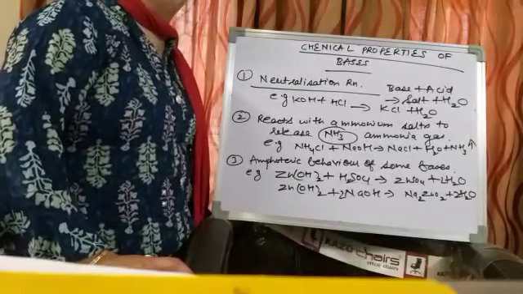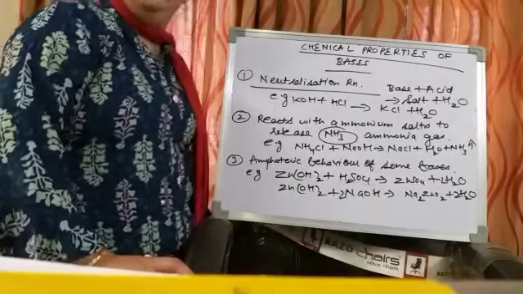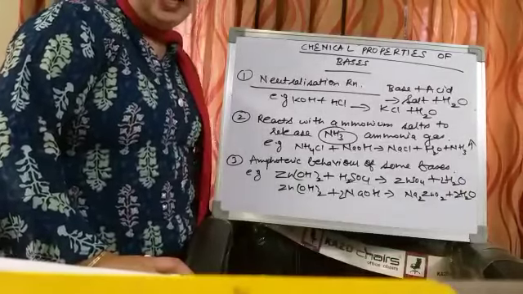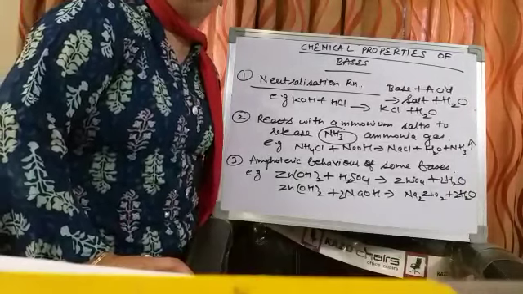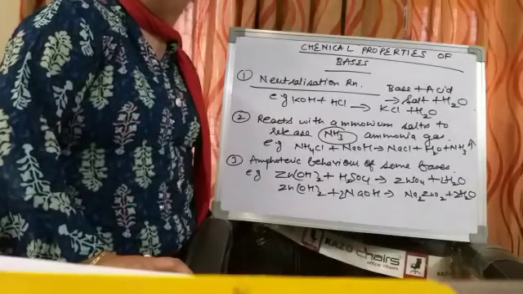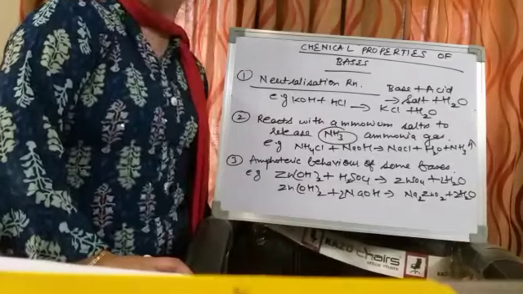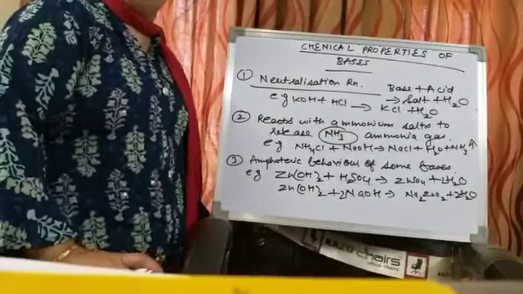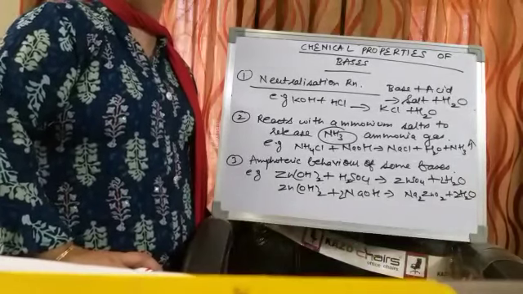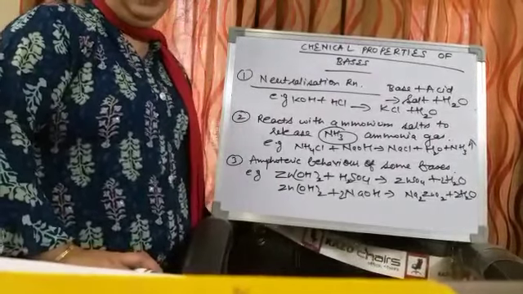Before talking about the indicators, I would like to discuss what indicators are, just as a revision, and the types of indicators. Indicators are those chemical substances which we use to test the nature of other substances, whether the substance is acidic, basic or neutral in nature. Such chemical substances are known as indicators. Basically, we are using four indicators in our lab: red litmus paper or litmus solution, blue litmus paper or litmus solution, phenolphthalein and methyl orange.